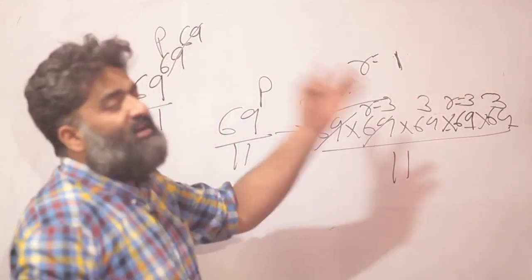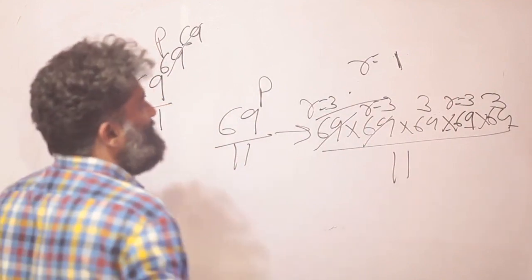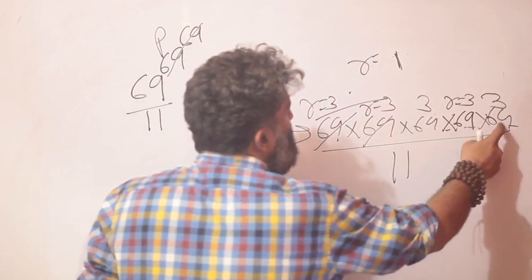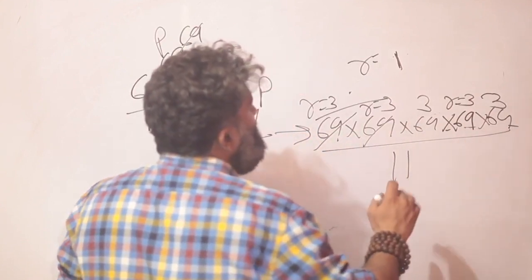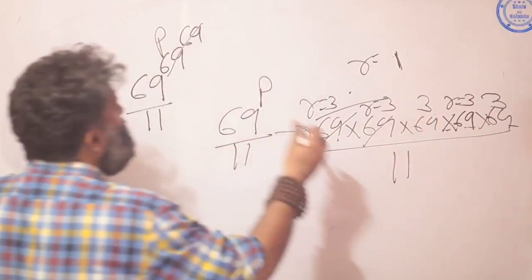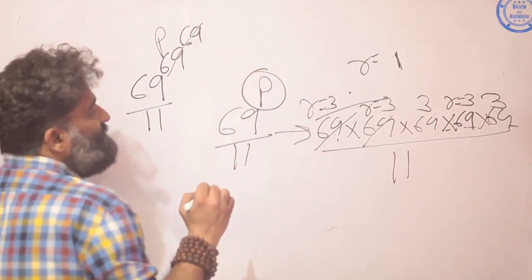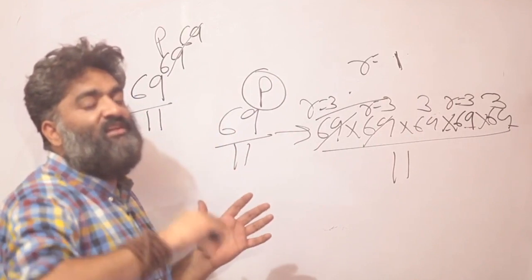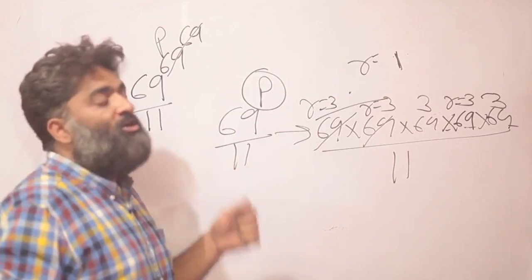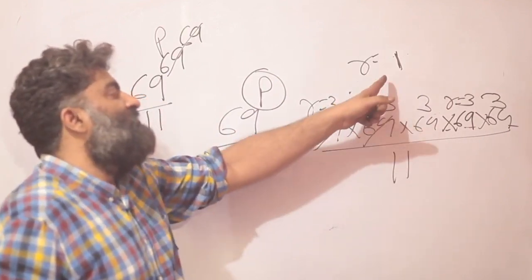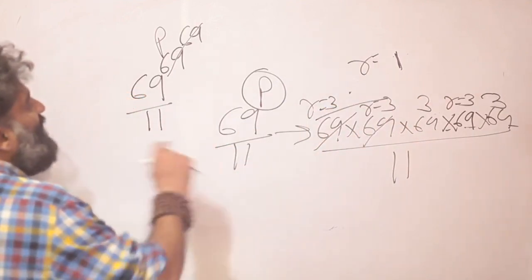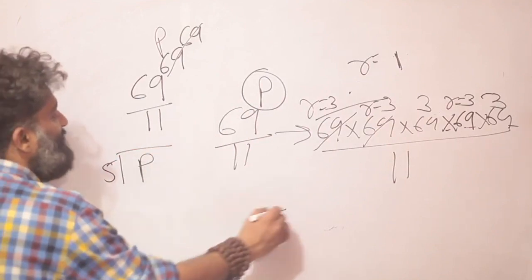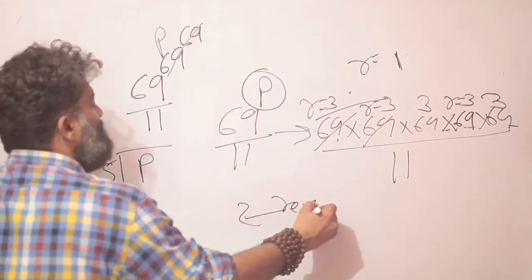So this is a revision of what we have done in the previous chapters. How many 69s are needed? 1, 2, 3, 4, 5. So now I want to see how many groups of 5 can I form in these many numbers. Again, I'm not interested in how many groups, I'm interested in how many will be left over, because the group is going to give me a remainder of 1. That means now my question is, take the power, divide it by 5 and try and find the remainder.